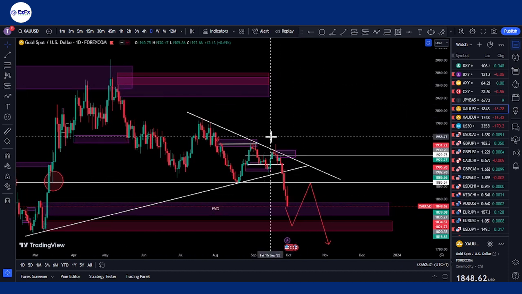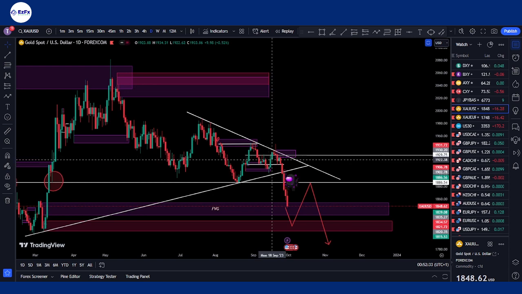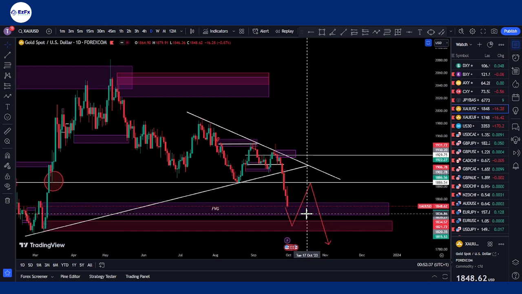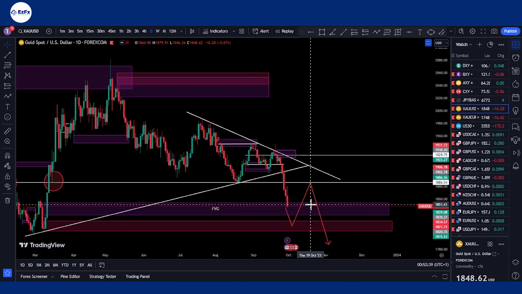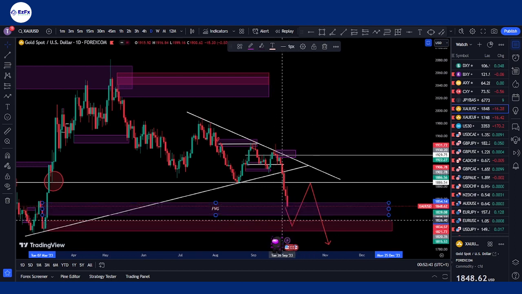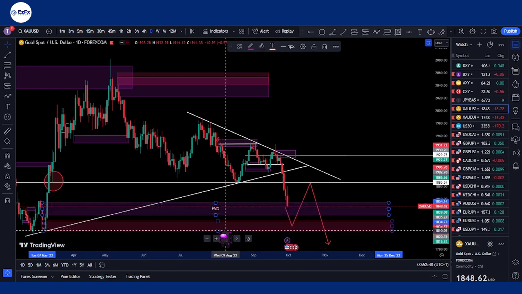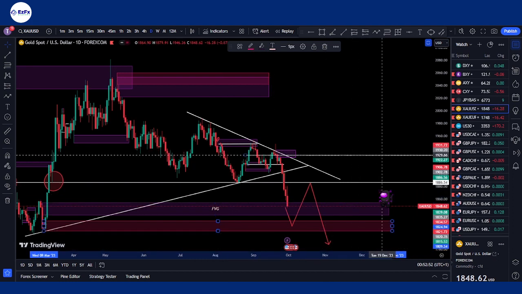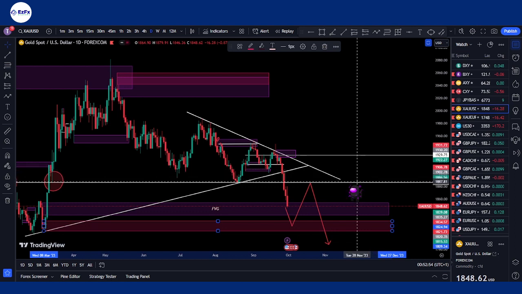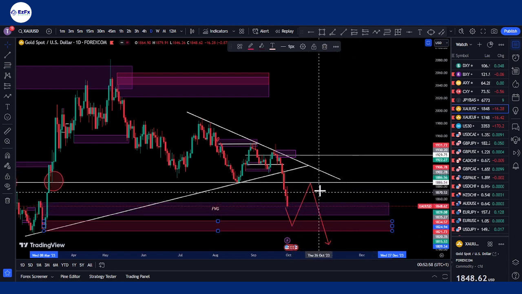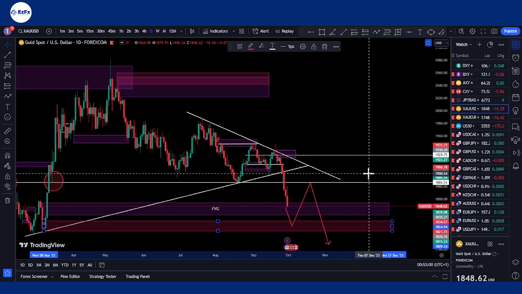But I want to look out for zones where we will be able to get proper reactions from. Idealistically speaking, I would love to see price clear out all the liquidity inside this fair value gap and come down into this very little zone. This is on the daily anyway. There's very little order block before we get to see a buy from there. So just for this week, I want to see more or less a sell to buy on gold.